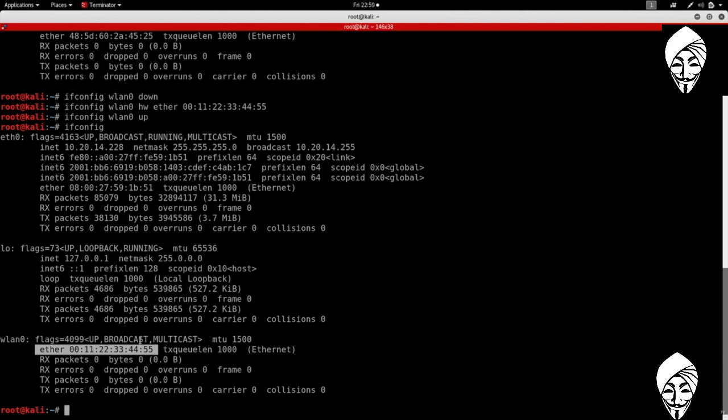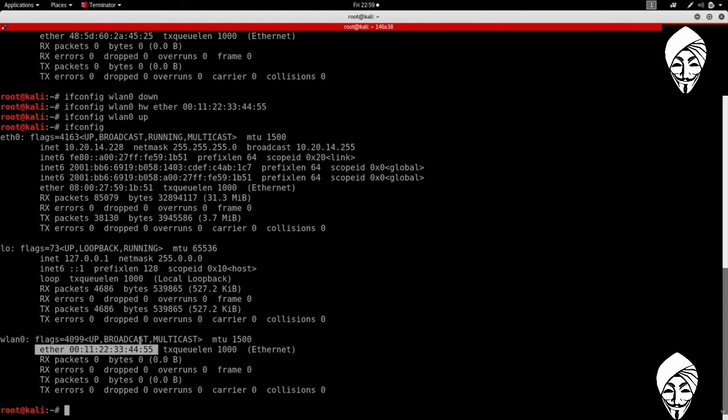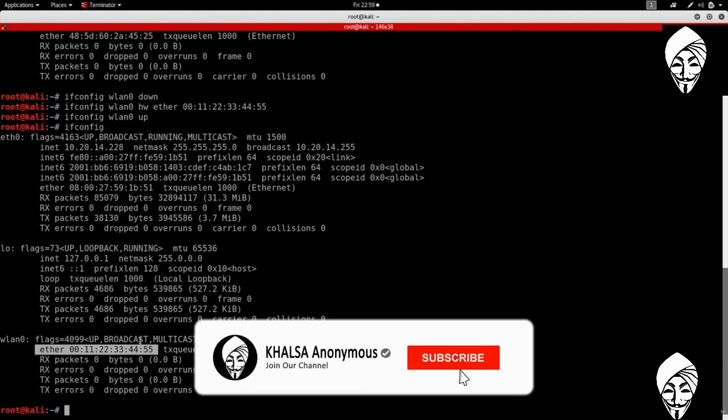Like I said, this can be useful in so many scenarios. Now keep in mind, the MAC address will revert back to the original one once you restart the computer, because we're only changing the MAC address in memory. We're not really changing the physical MAC address. But if your MAC address is resetting to the original one without restarting, then something is going wrong, and it's probably happening because your network manager is resetting the MAC address. Not everybody will face this issue,